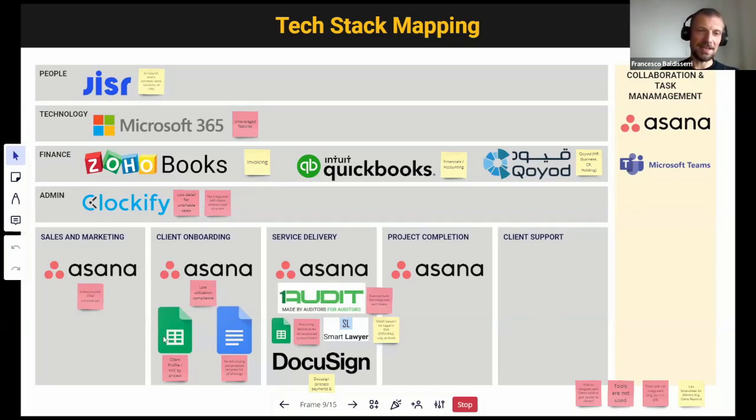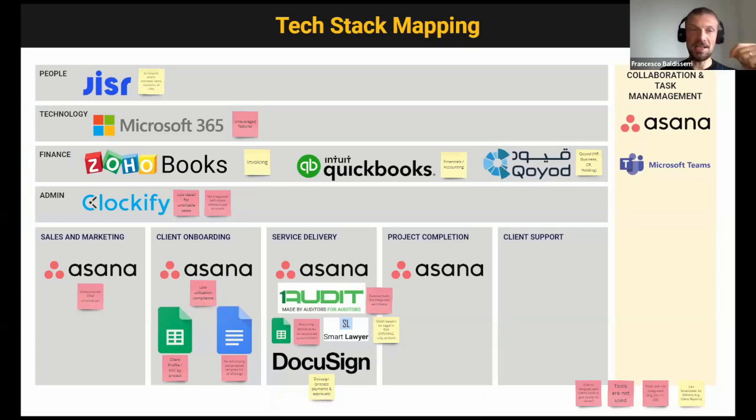There are also other tools along these phases. You can have Excel templates, Word documents for standard proposals, and other tools depending on the specific project.